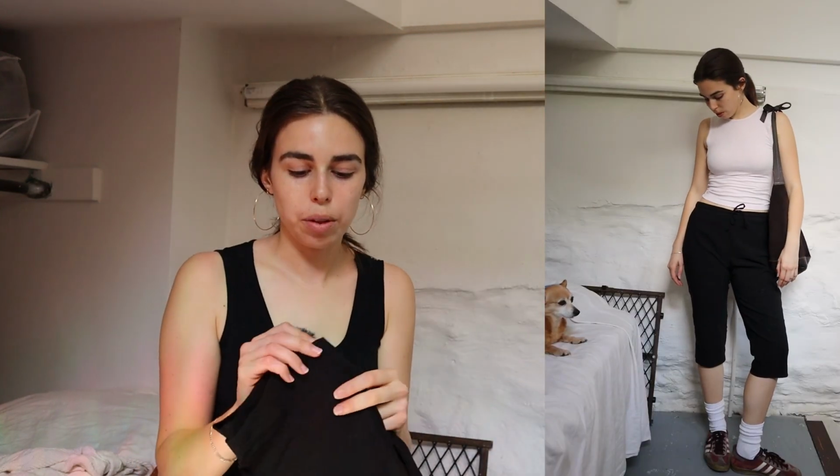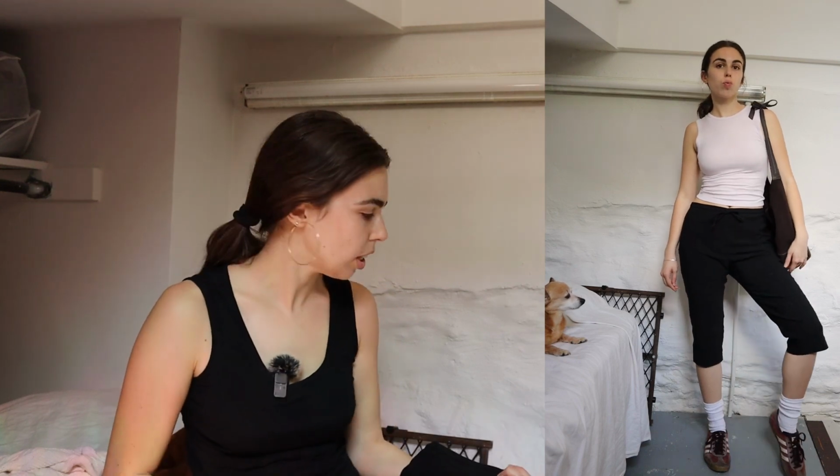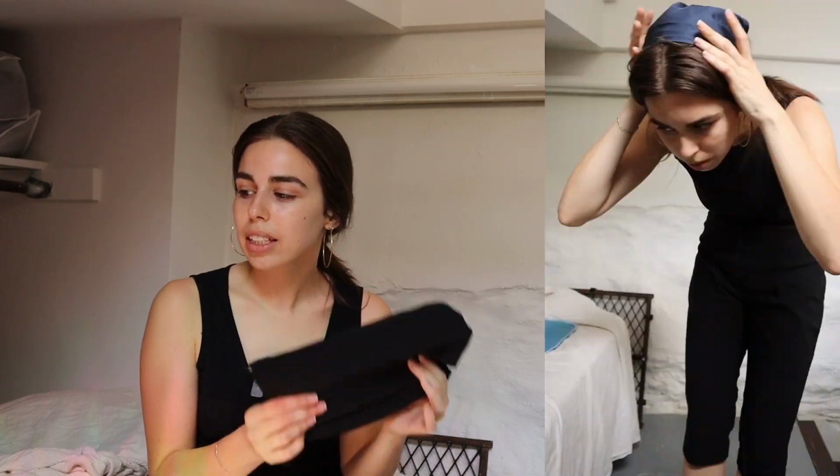Capris are so easy to wear. You feel a little bit more covered up, but you're not as hot as with a full-on pair of pants. And I just feel like capris, especially little trouser capris, are such an easy way to make a business casual outfit feel a little bit more like trendy fashion right now, you know? I have been really, really loving capris, and again, doing a monochrome look with this and